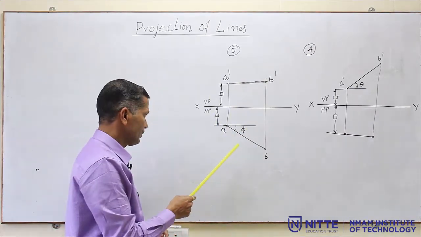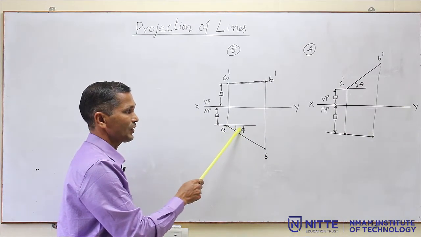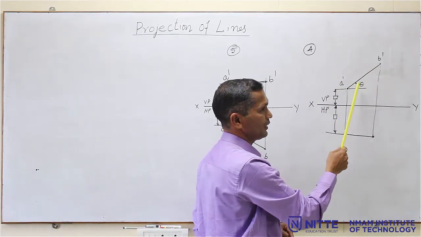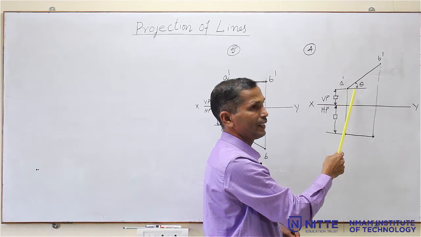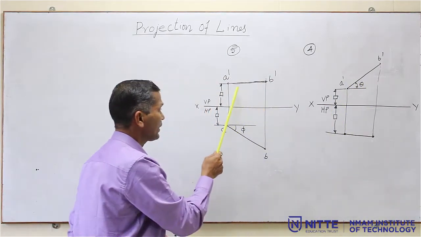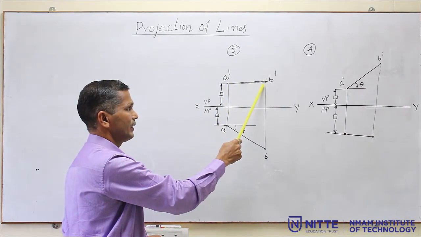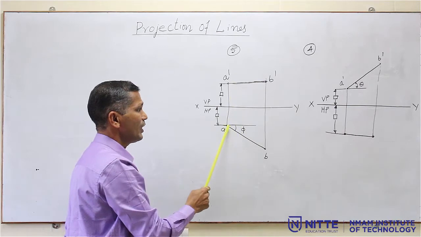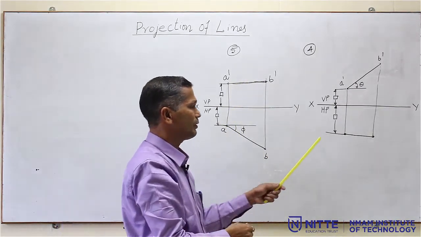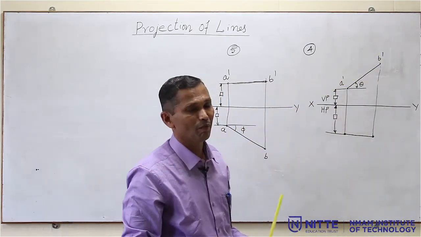Now, here I can draw this line because we know the true length and the actual angle given in the problem. Here also I can draw this line because this is the given line, the true length, and this is the true inclination, the theta. Can we start the problem from here? No, because we do not know what this length is. This can be obtained only after drawing this and projecting it. Similarly, here this projected length is not known, only this true length is given in the problem.